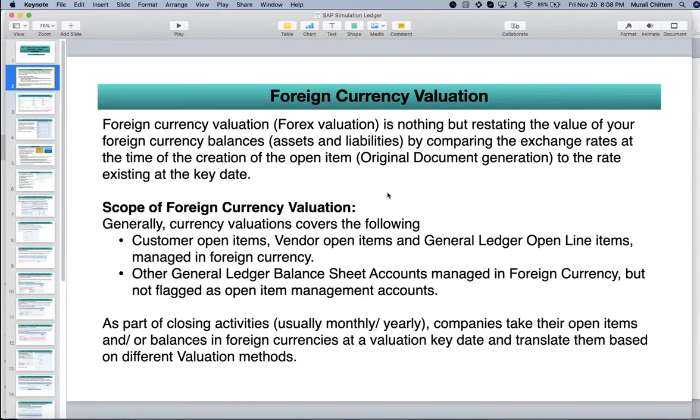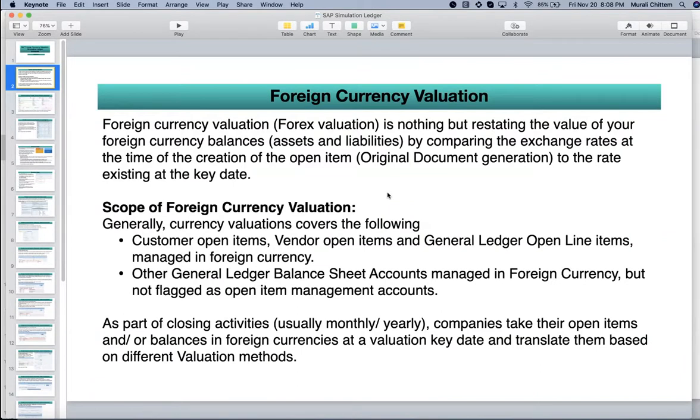Basically, forex valuation covers customer open items, vendor open items, and general ledger open items. When we create GL accounts, for a couple of them we maintain the account in foreign currency. For example, you have a business in India and you took a loan from a foreign body.